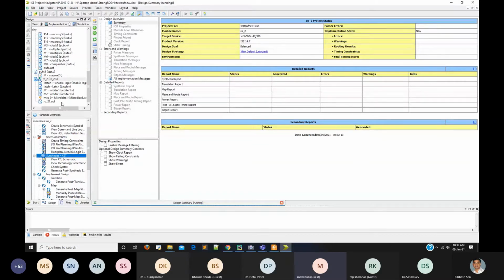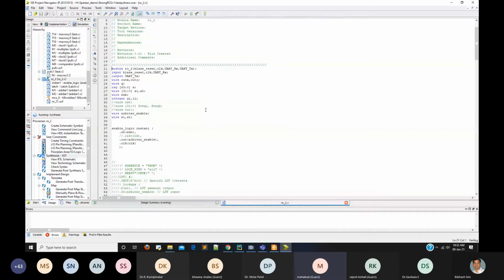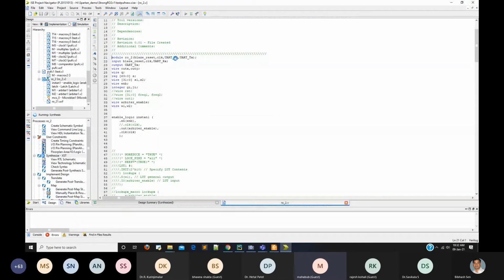In the meantime, let me describe this code quickly. This is the input and output of the code. UART RX and UART TX stand for serial receiver and serial transmitter. These are the 2 lines we are going to use, one to receive the signal from the FPGA board and another to send some signal to the FPGA board. This is the clock, the inbuilt clock of the FPGA. For this board it is 50 MHz; in the case of Artix 7, it is 100 MHz. And this is used to reset the MicroBlaze microcontroller.